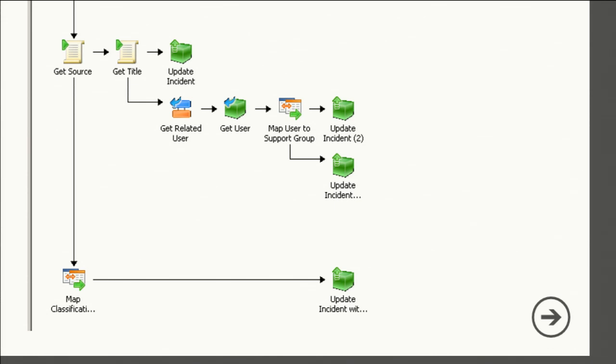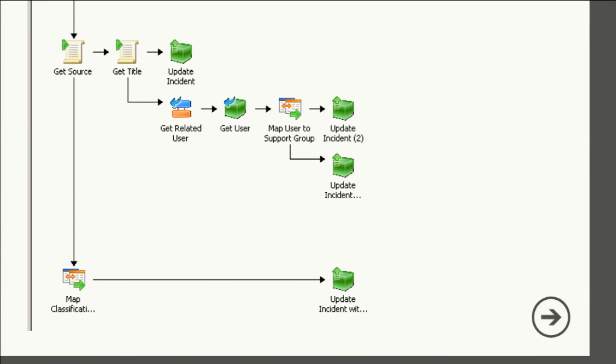I can even put map user support group in its own runbook. If you use this style, you'll drastically improve workflow processing because you'll reduce your number of workflows by a substantial amount, and you'll see this each time it runs, and it'll be easy to show people because you can say, look,